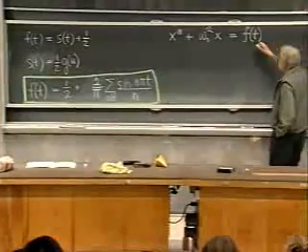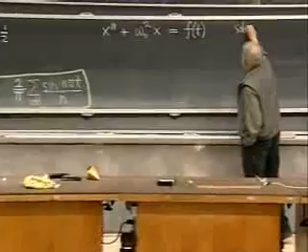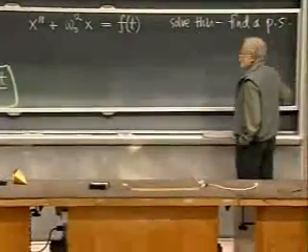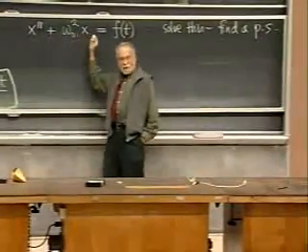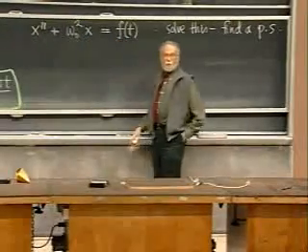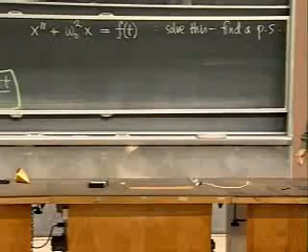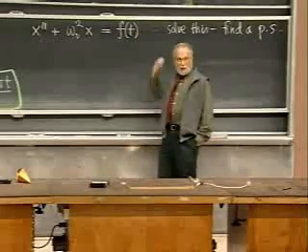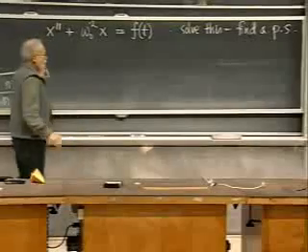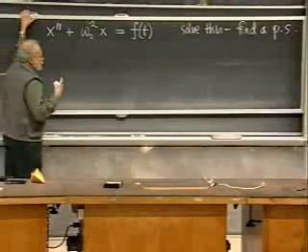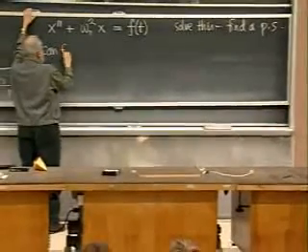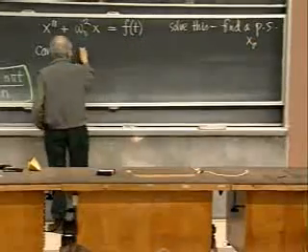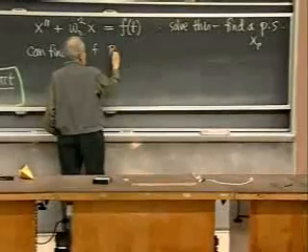But the general problem for a general f of t is to solve this, or at least to find a particular solution. That's what most of the work is, because we already know how from that to get the general solution by adding the solution to the reduced equation, the associated homogeneous equation. So all our work this past couple of weeks has been in how you find this particular solution. How do you find a particular solution? Now, the case in which we know what to do, so we can find our particular solution, let's call that x sub p, we could find x sub p if the right-hand side is